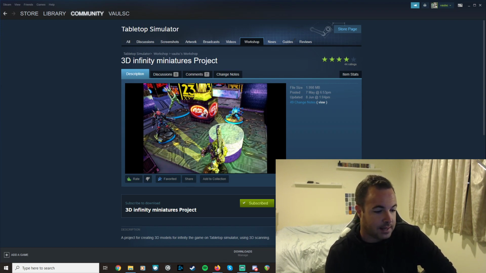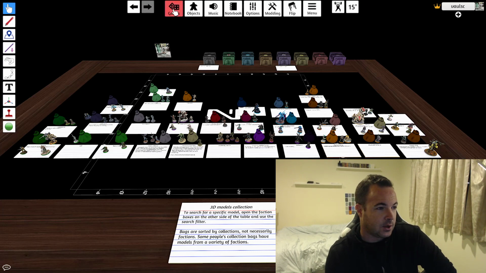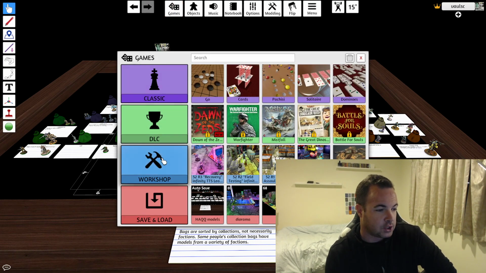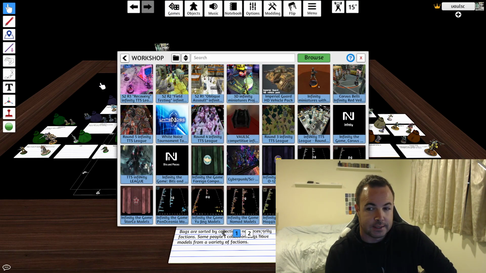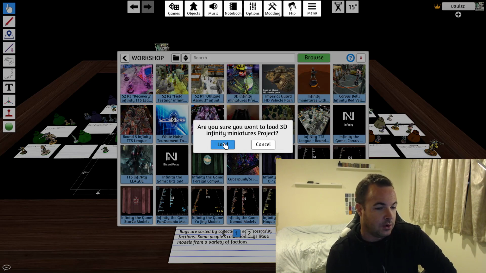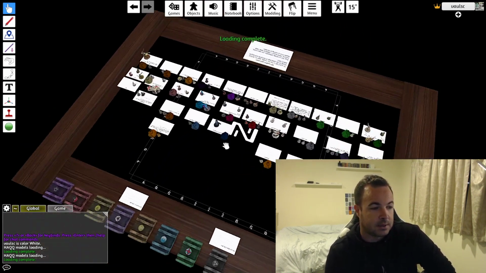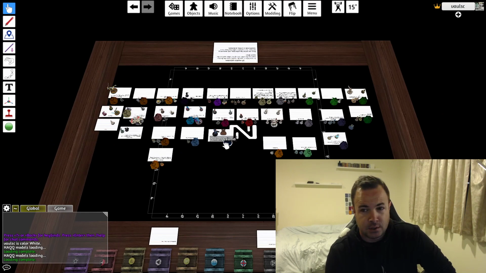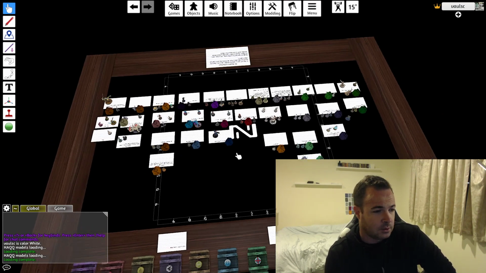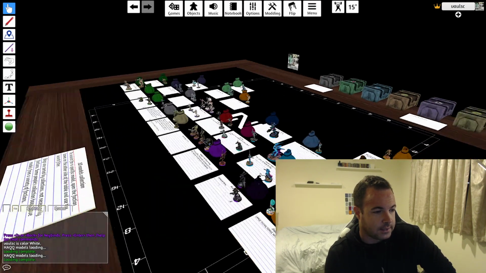So once you've done that, you go into TTS and you go up to Games, and then you come down to Workshop, and it should be here on your list. In my case, it's the fourth from the latest one, since I've subscribed to a few mods since then. You simply click on it and it will load. Depending on your computer hardware and your internet connection, it might take a little while or load up very quickly,